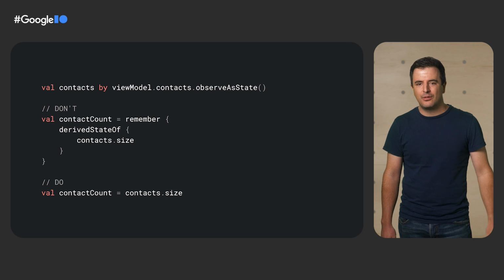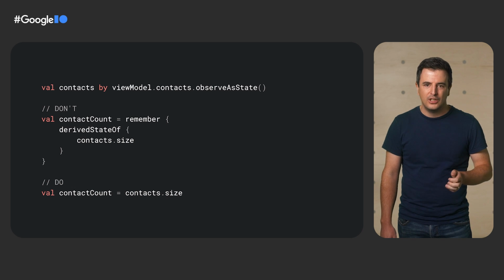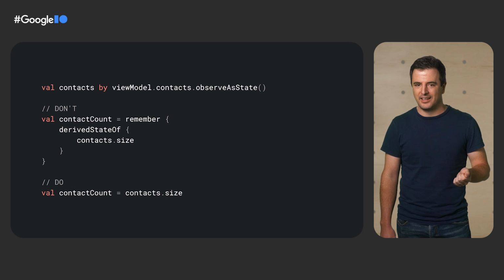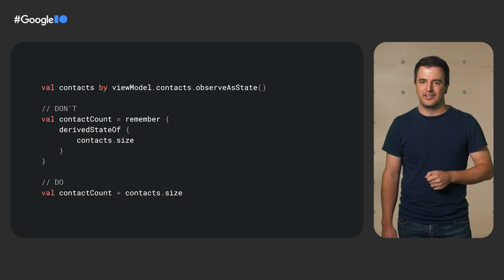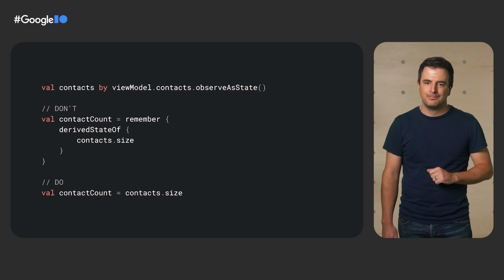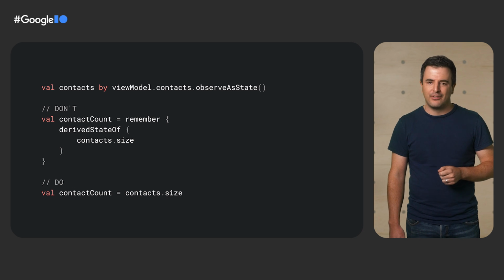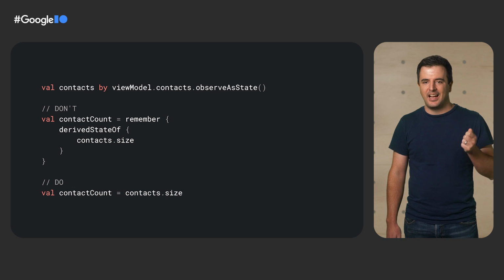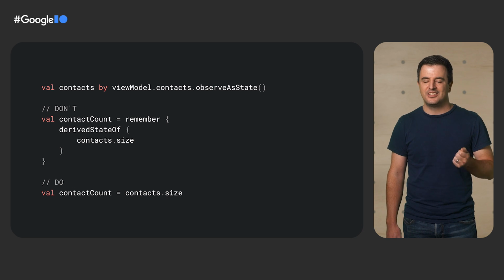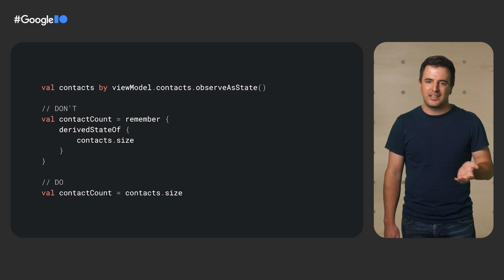It's important to keep in mind what derivedStateOf is not good for. You do not need to use derivedStateOf every time you create a variable out of some state. In this example, we want to know the number of items in our contacts list. You might think that because we are deriving state, you should use derivedStateOf, but this is not true. Because this would not actually buffer out any changes, that is, our item count variable needs to update just as much as the state of the count changes, derivedStateOf would actually introduce a slight overhead here and is redundant.